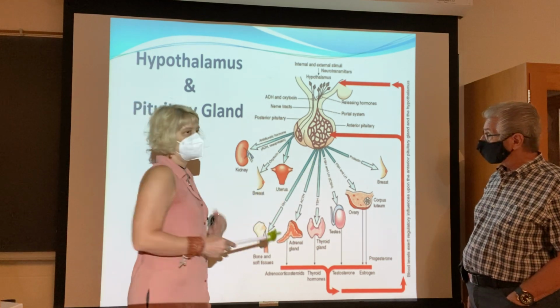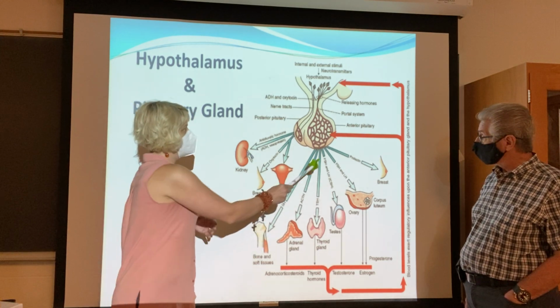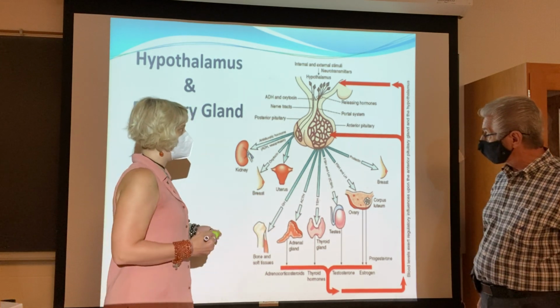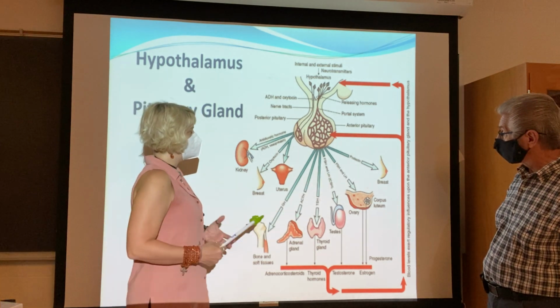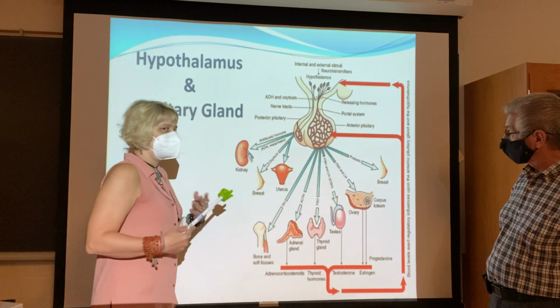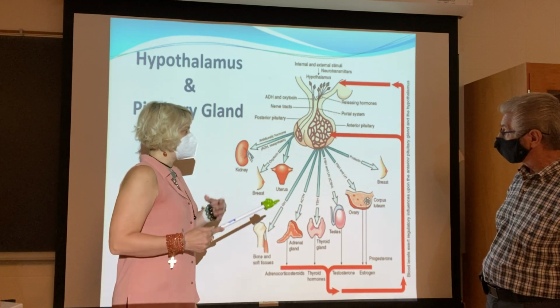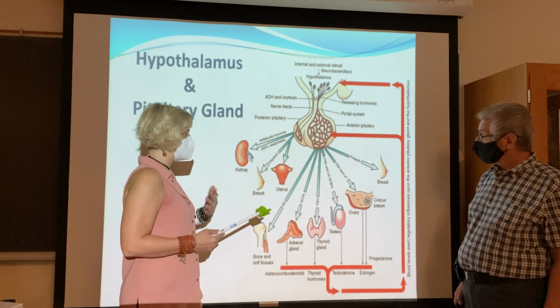So FSH, follicle, think of the nest. So that would be the development. So FSH stimulates the development of the sperm and the egg, whereas LH is more hormonal and affects the growth and development sexually for a male and a female, so it increases the testosterone level, which thereby increases the sexual maturation